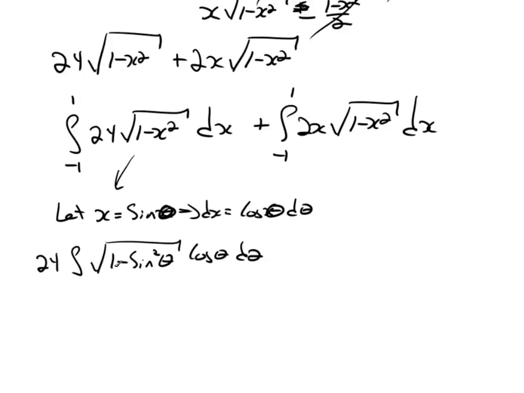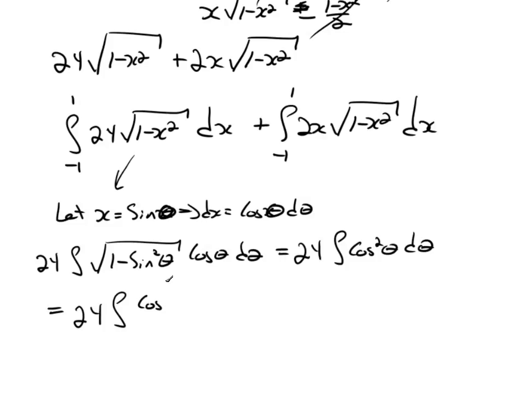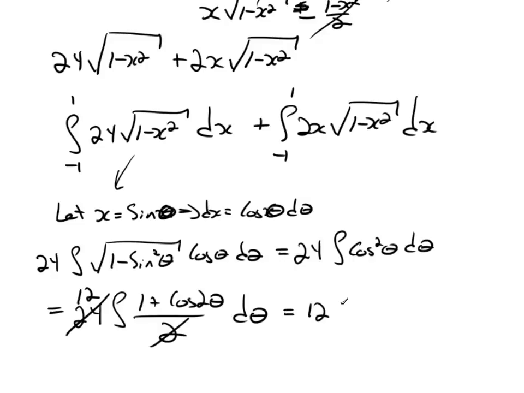Well, 1 minus sine squared is cosine squared. Square root of cosine squared is cosine. So this is actually equal to 24 times the integral of cosine squared theta d theta, which I can work with as 24 times the integral of (1 plus cosine 2 theta) over 2 d theta. Well, I'm going to cancel that out and go with the 12 right there. So this is going to give me 12 times